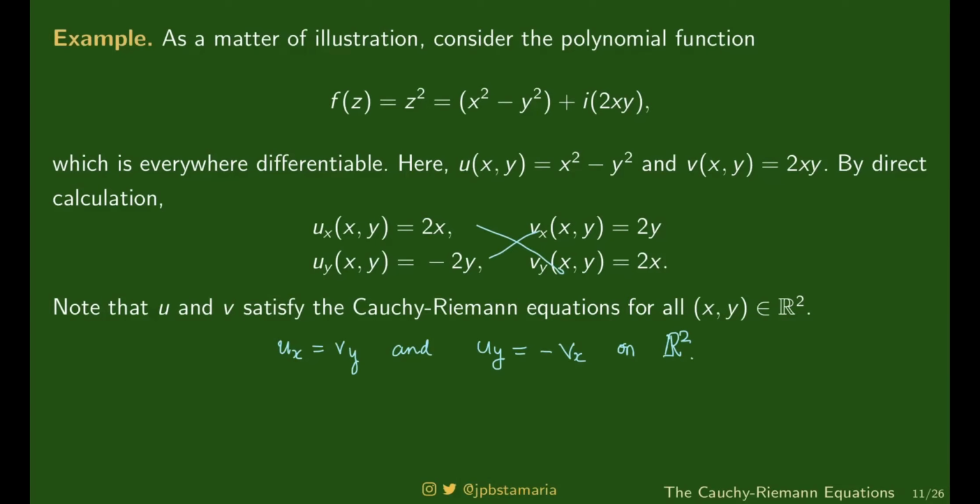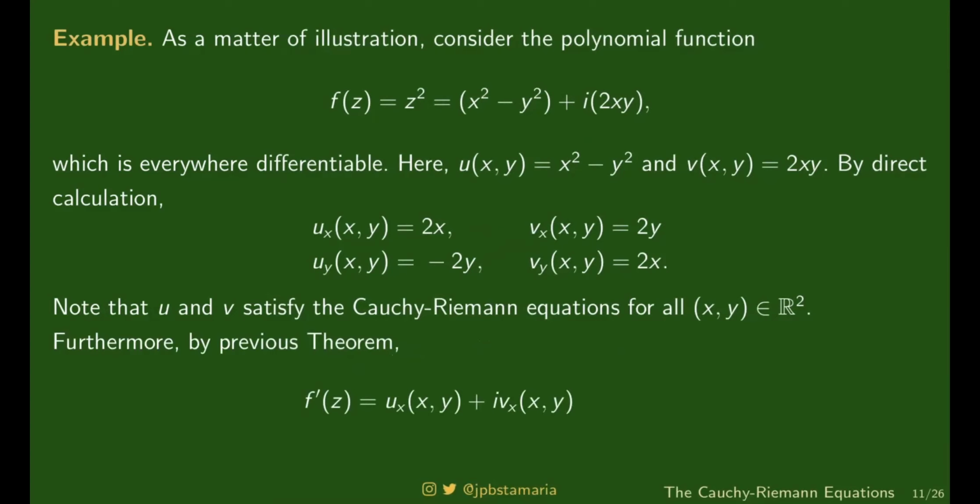Furthermore, may formula tayo sa derivative, di ba? The derivative can be calculated using the partial derivatives with respect to x. Ang formula, ux plus ivx. Okay, kakomputin ko. Tignan nyo. Ano yung ux? Coming from your computation, that's 2x. Ang vx naman ay 2y. Okay? Now, as you can see, this can be re-expressed as 2 times the quantity x plus iy. But remember, x plus iy is just z. Kaya f prime of z is just 2z.